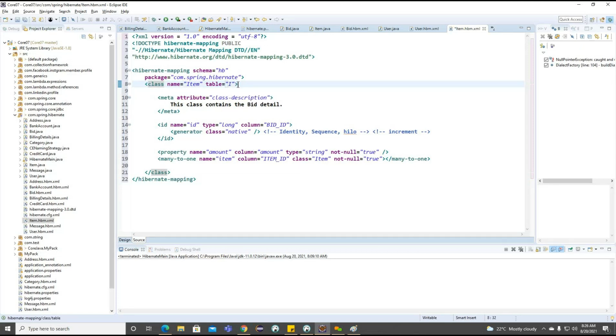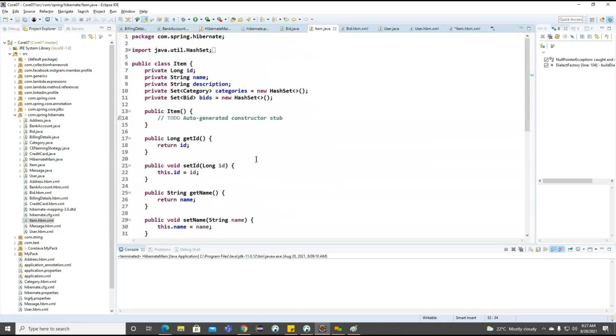So table, we need to go for item, and long here. So item ID. Item ID, and what information are we having inside this particular item.